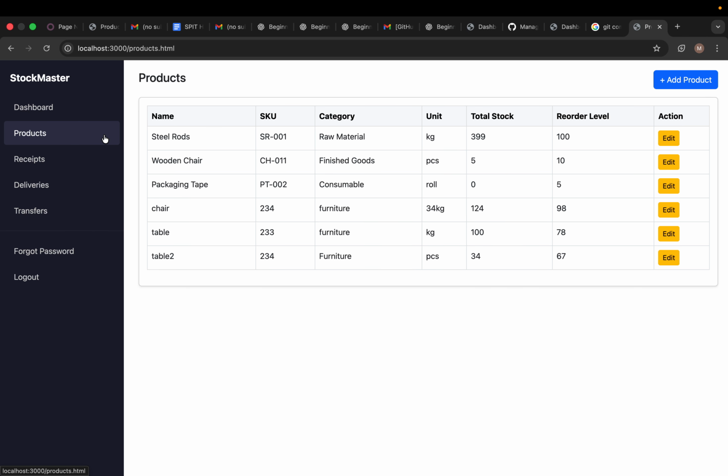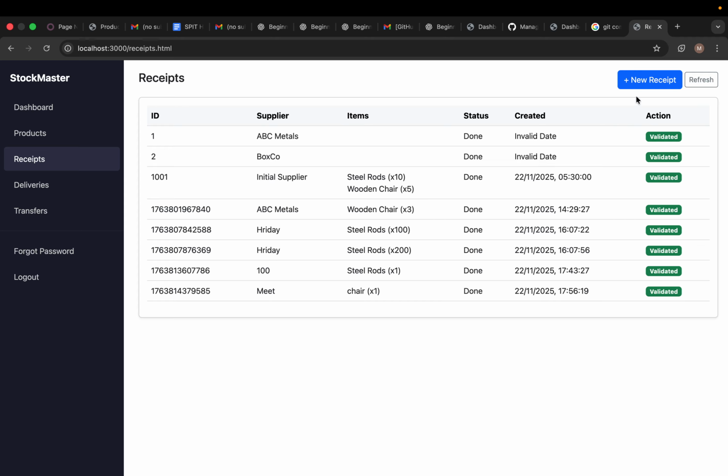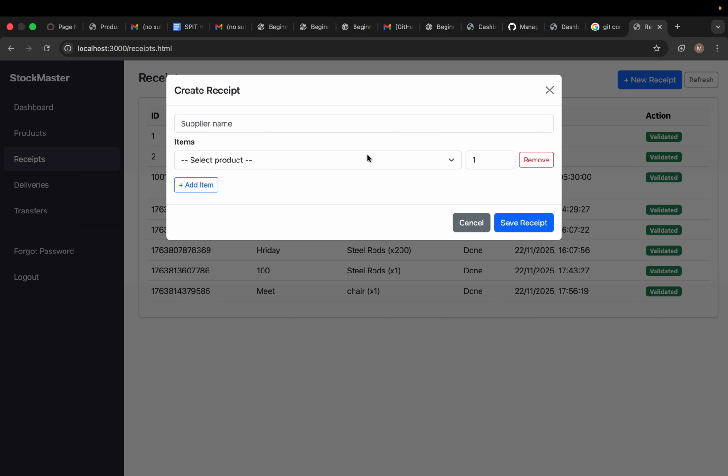Later on, we'll go to the product section. Now, we see that the steel rods here have a quantity of 399. If you want to add more steel rods, we can go to the receipt section. We can add a new receipt where we choose the product as steel rods. We add a supplier's name as Hriday or anything which the user determines. We'll choose the quantity as 100,